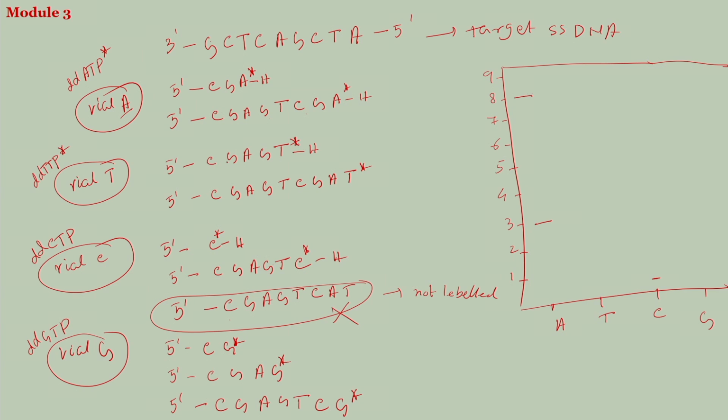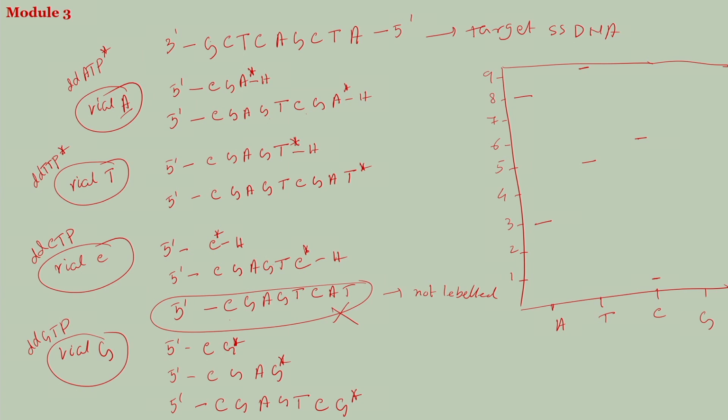Vial T, 1, 2, 3, 4, 5, one band at 5, and then 1, 2, 3, 4, 5, 6, 7, 8, 9, not the last one. And then vial C, the first 1, 2, 3, 4, 5, 6, you should have one at 6, and then